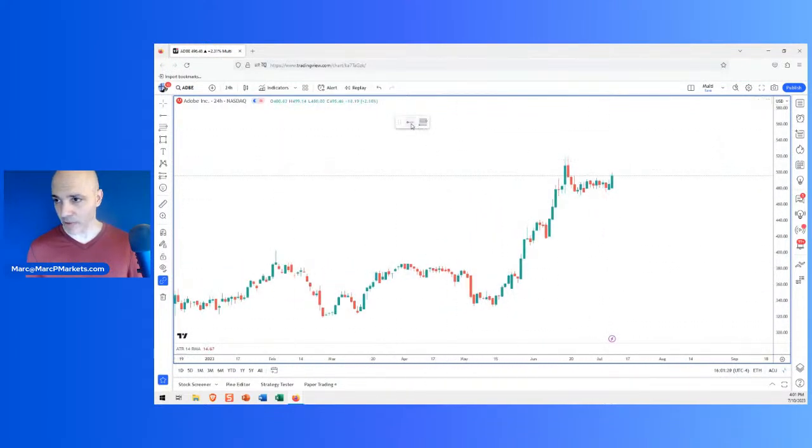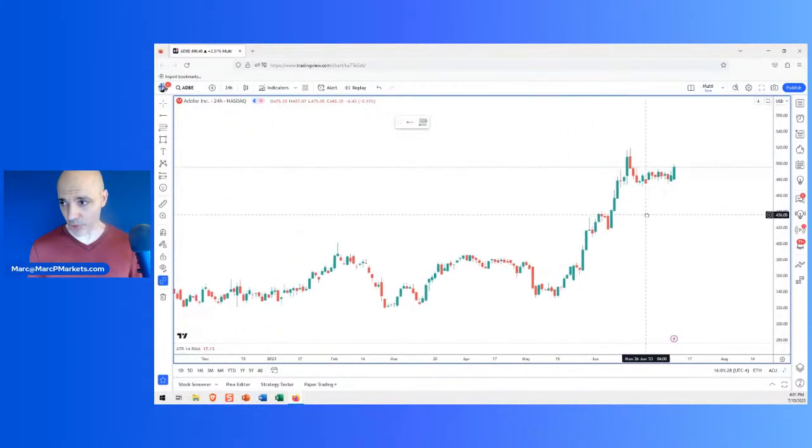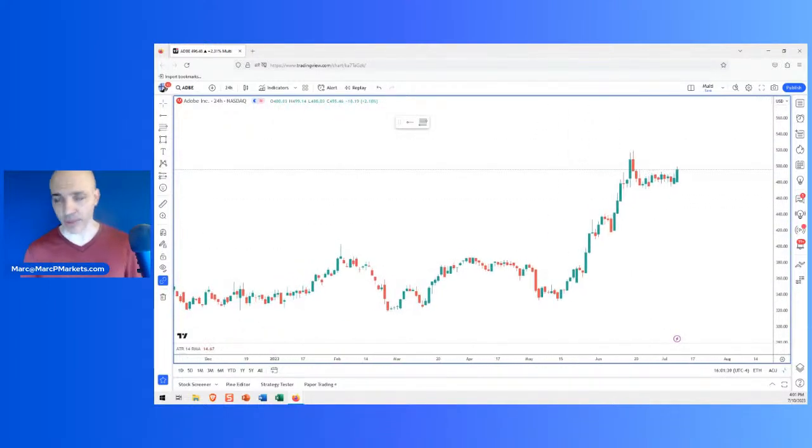Can this thing run? Possibly. The high that you look in the test is 519. So you have to figure out the reward risk on that one. But the general structure is bullish. So if you're going to be doing anything, it's better to do it on the long side, just to understand the magnitude of risk on the higher time frames. Does that make sense? Okay, thanks for asking about Adobe.